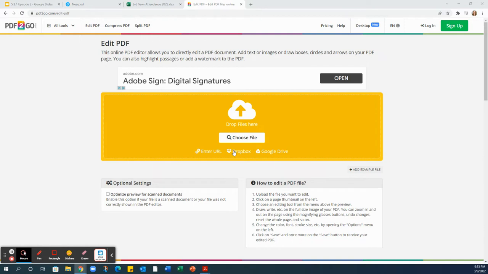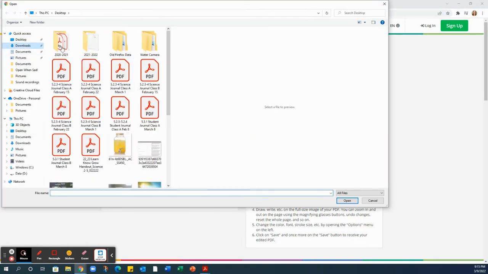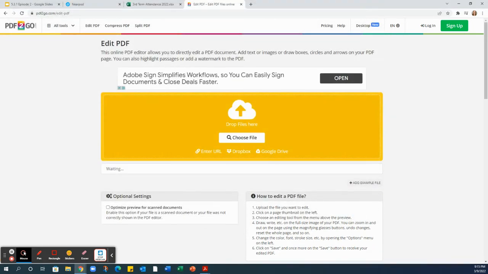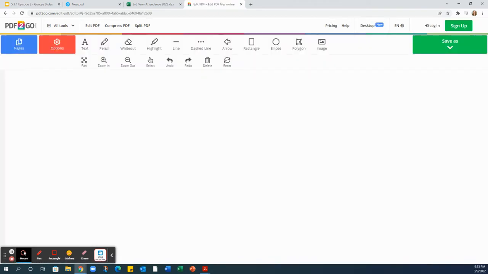So for the first thing that you're going to do is you're going to choose your file. So I'm going to go ahead and I'm going to click on our science journal. It does take a little bit for it to update, but once it has been updated, let me show you